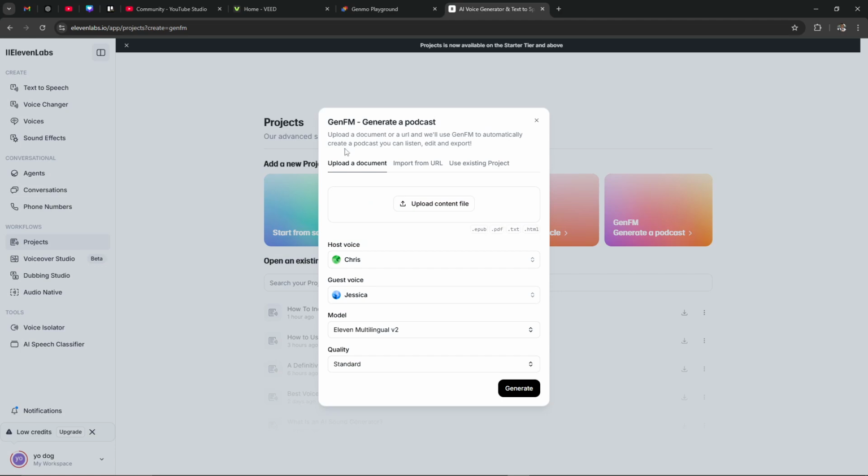And here you're going to see that you can upload a document, you can import from a URL, or you can use an existing project. So this is where you're going to want to have a document that's prepared. You may want to use a chatbot like ChatGPT or Claude or any other number of chatbots that you might find useful. And if you can generate the content that you're looking for, then you can take that document,